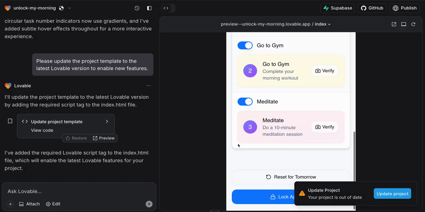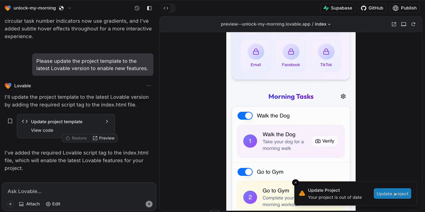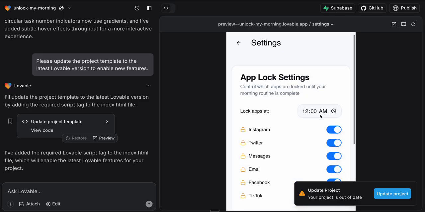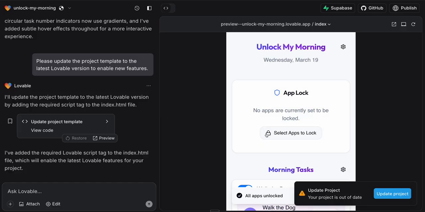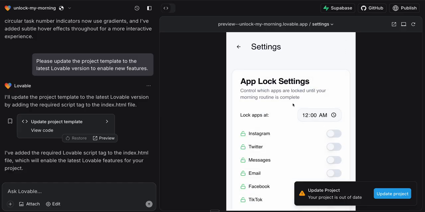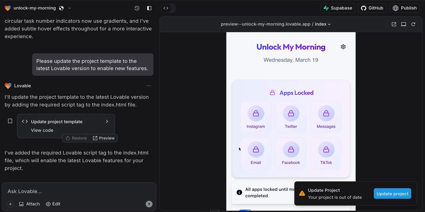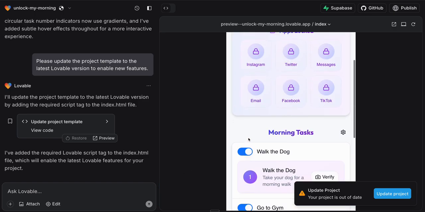How about that? Update project. Let's see. Unlock all. Okay. Lock all. Okay, well,